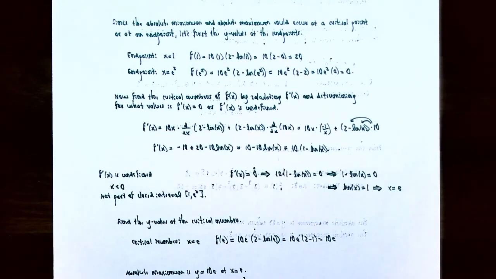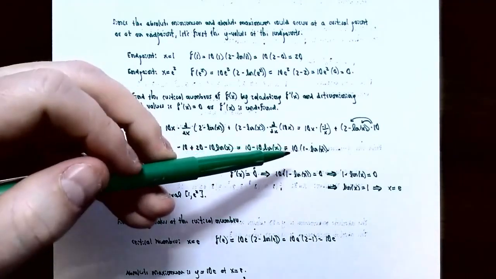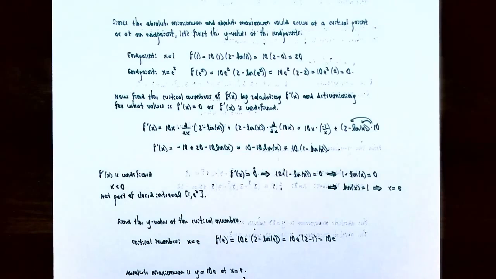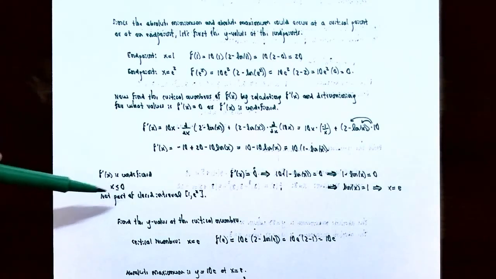So let's find out where the derivative is undefined. Notice that you do not have any x's in the denominator of a fraction, so you will not have division by 0, but we do have a natural log of x in the derivative. The natural log of x is only defined whenever x's are greater than 0. So the derivative will be undefined if the x values are less than or equal to 0, which is good